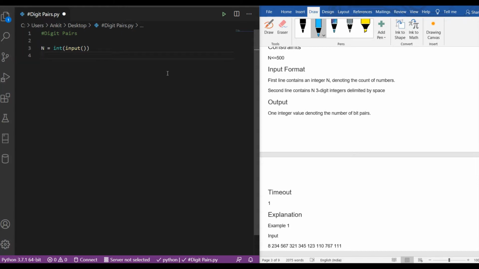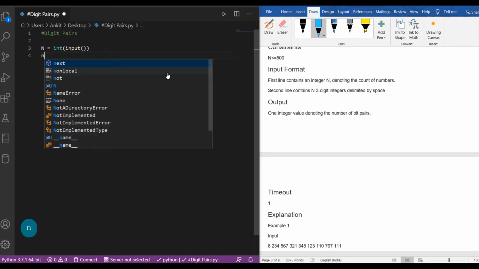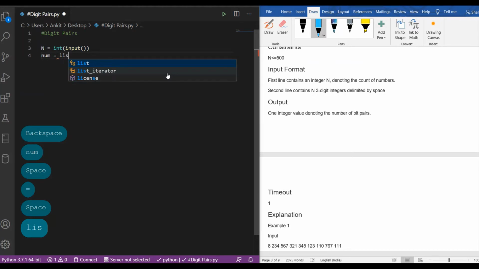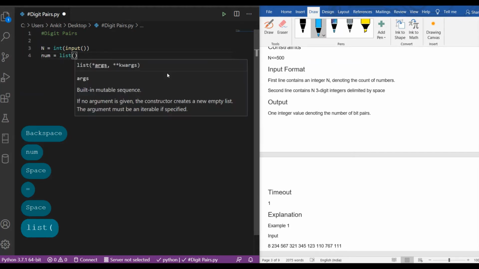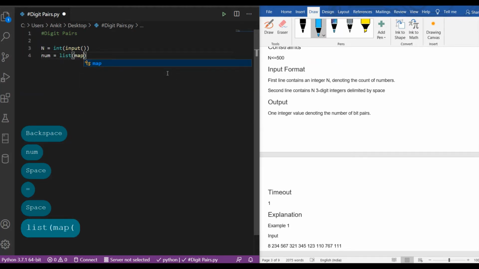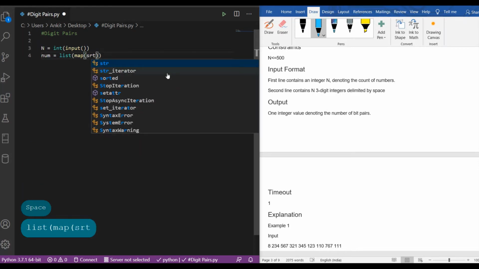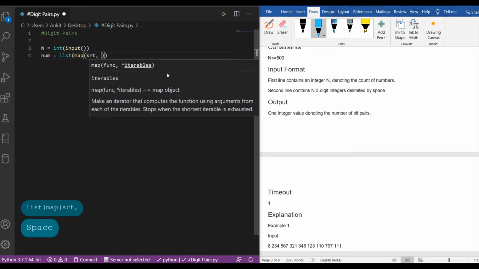For that we have to make a list, and let's say the 3 digit numbers we will take into the num list. We are taking it in the form of strings.